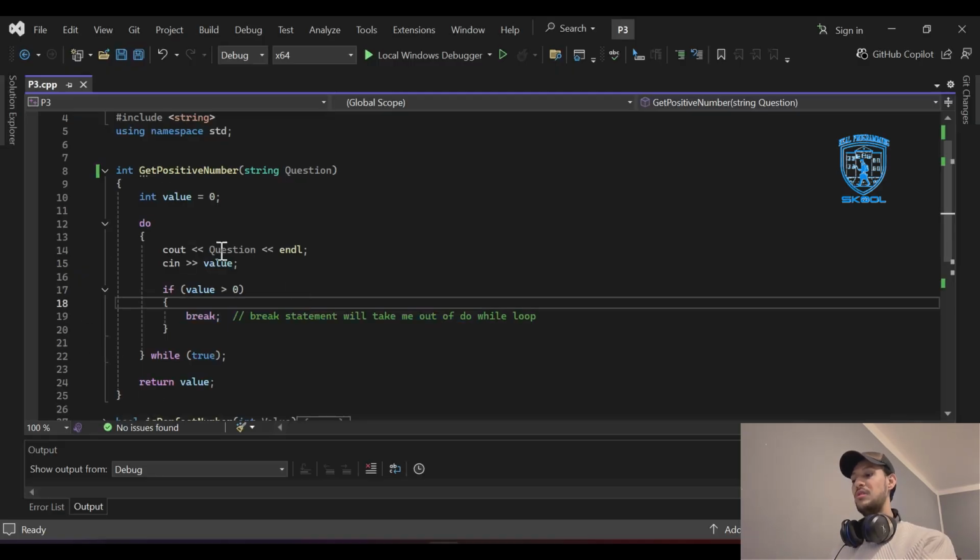But if the value is not greater than 0, which is a negative number, the compiler will go to the while statement and check that the while statement condition is true. While the condition is true, the compiler will get back again to execute the do while loop. Why? Because we said while the while condition is true, the compiler will execute the do while loop. So we make the user stuck inside an infinite do while loop because we're putting true in the condition of